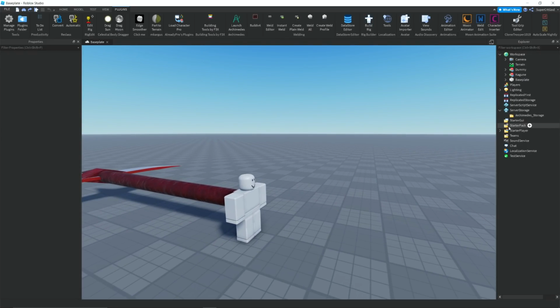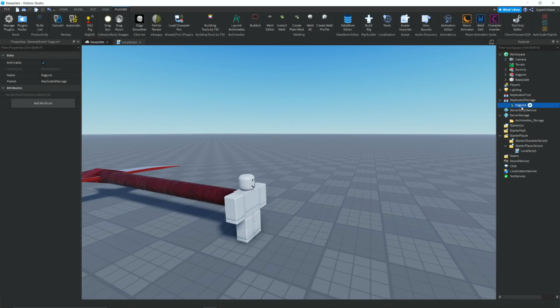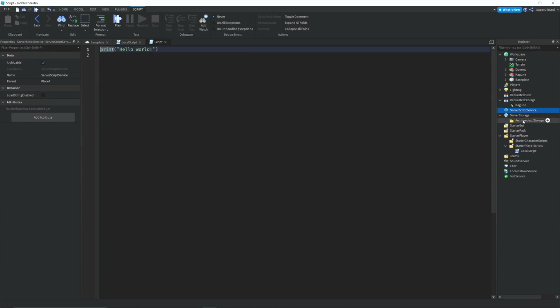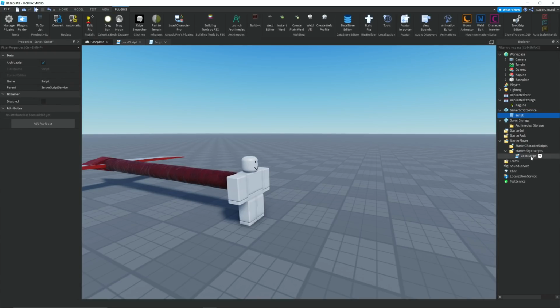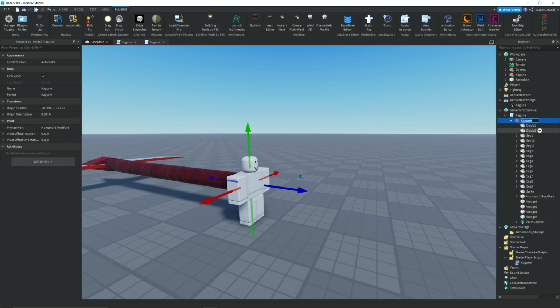Okay, now we're going to need a local script. Start with StarterPlayerScripts, I think. We're going to make a local script. I'm going to get everything ready before actually starting scripting. We're going to add a remote event, which we're going to call Kagune. We're going to add a server script. We're just going to call all of this Kagune. Then I want to copy this, put it inside of Kagune, and we can remove...